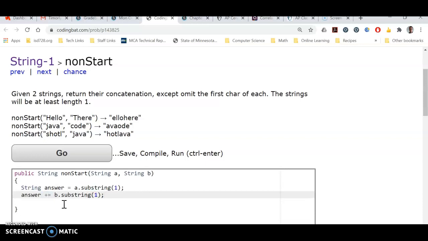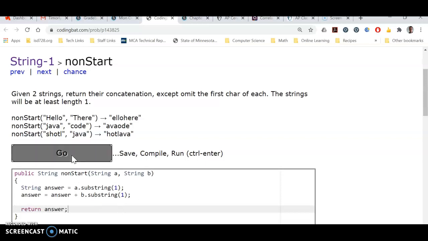If you wanted to see the full version, I'm just saying answer equals whatever it was before plus the substring from B. All right, and then again, we're used to system out printing at this point, but with a method, you just return it. So I'm just going to type return my answer string, right? And that'll be it. Right, so now I'm going to return it and I'm going to hit go and